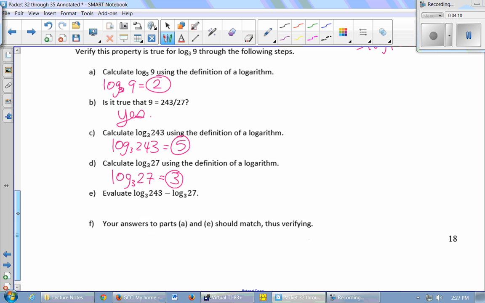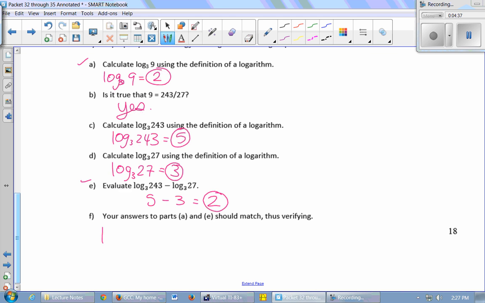All right, so now I'm going to subtract log base 3 of 243, that was 5, minus log base 3 of 27, that was 3, and I get 2. My answers to parts A and E should match. Right? Check. My answers to parts A and E should match because log base 3 of 9, which I know